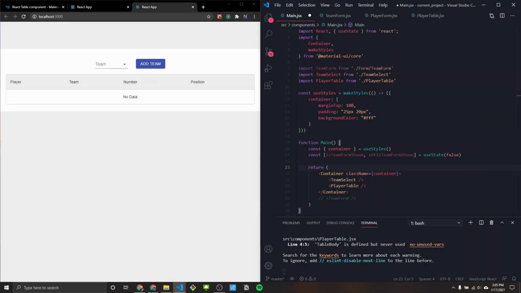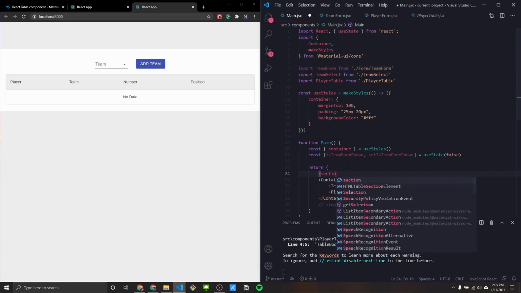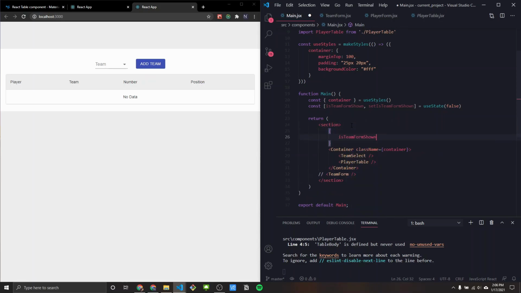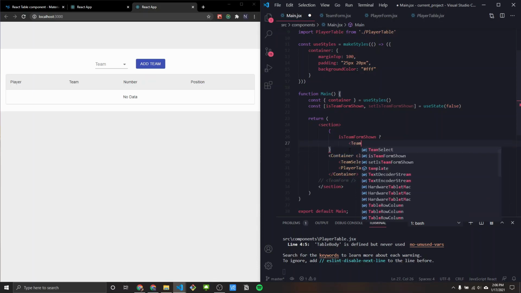So based on that, what we're going to do here: I'm going to wrap this whole thing around a section, because either one of them will be rendered in this section. And then I'm going to do the curly braces here, and I'm going to say is team form shown question mark, and then I'm going to put the open close parentheses, and what we're going to do is put the team form. Actually, we don't need the parentheses since it's just one component. So team form